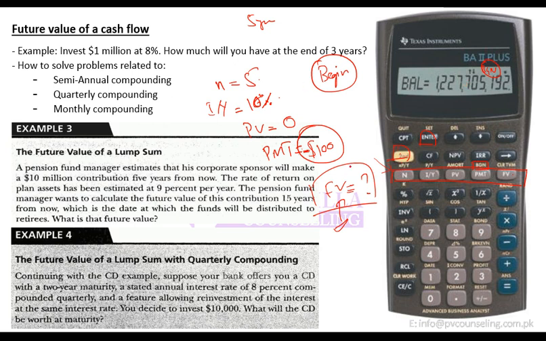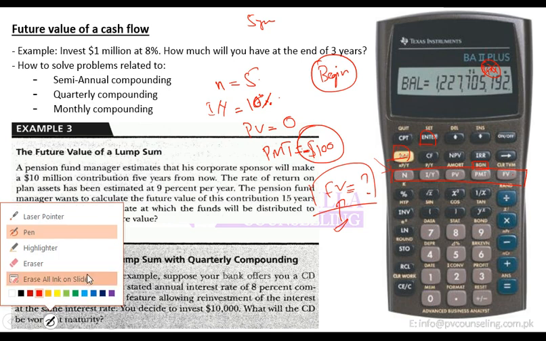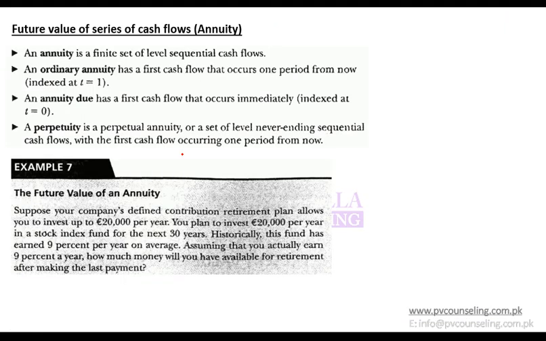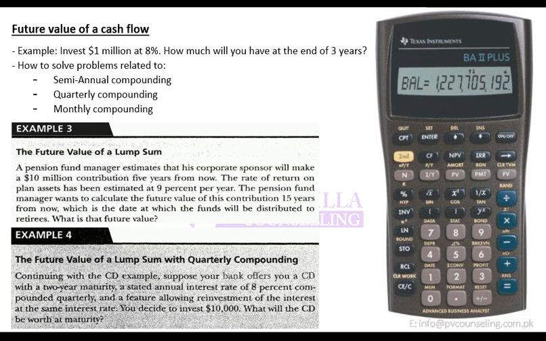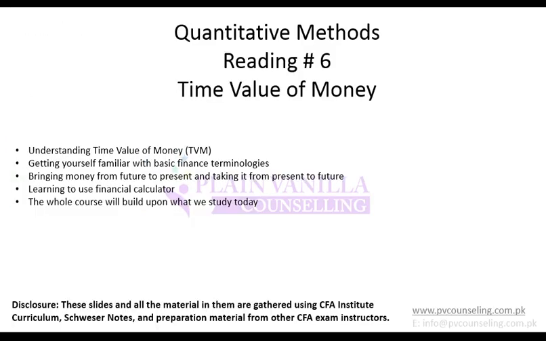Now if you do the same calculation, the calculator would calculate FV based on the assumption that it is an NVD due. If you again want to change it, use the same thing: second BGN, second set. This BGN will get removed from the screen, which means that now your calculator is again on ordinary NVD mode. So this is how you should be able to change it. Any questions so far?